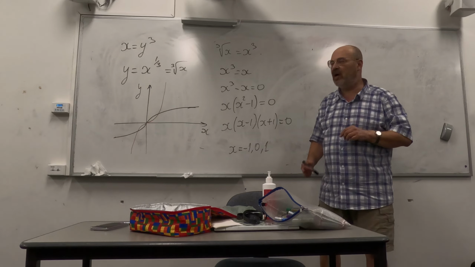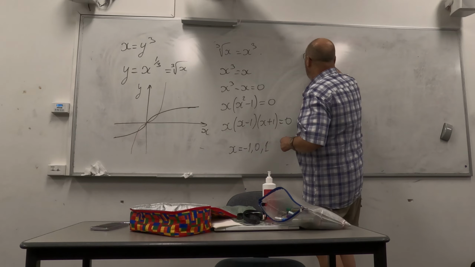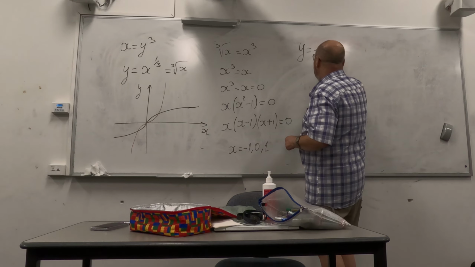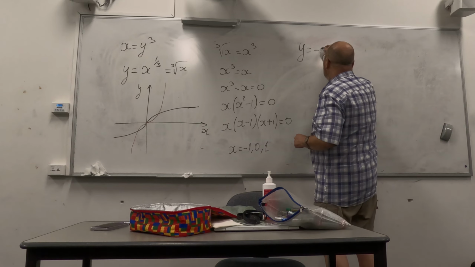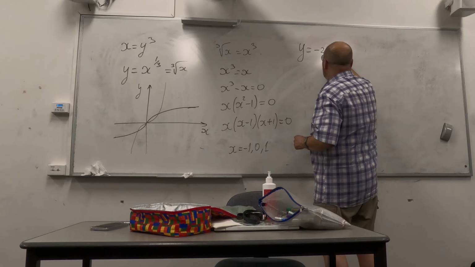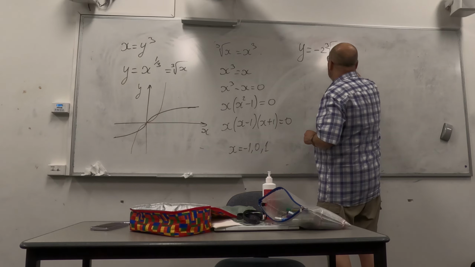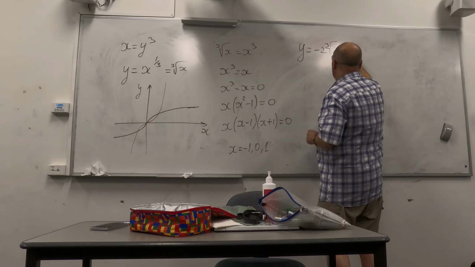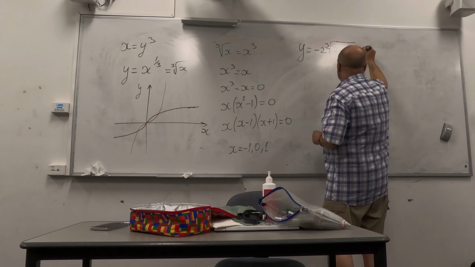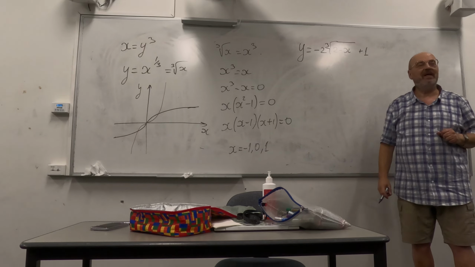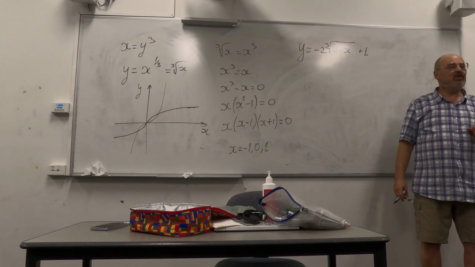Let's sketch the graph of y equals negative 2 cubic root of 2 minus x, plus 1. Oh, cool. So,